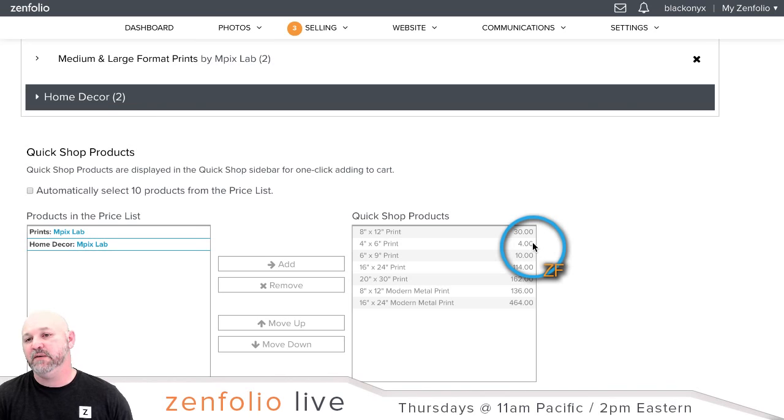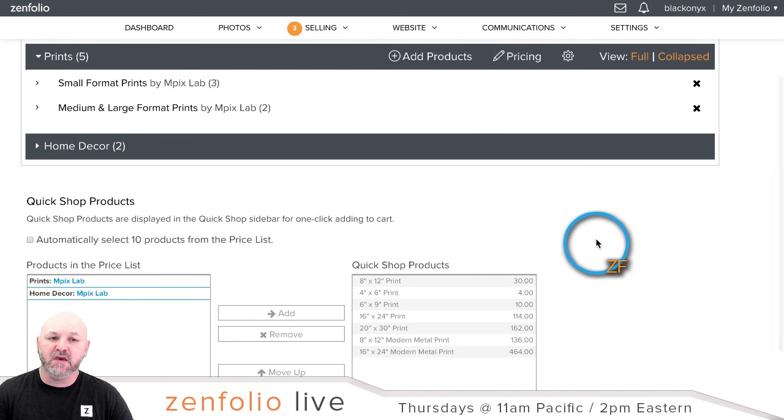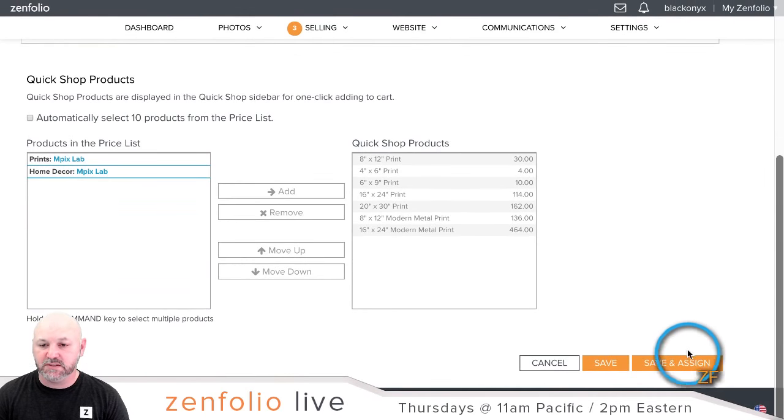So now the next step is going to be to save this price list and assign it to a gallery or a group of galleries or whatever you want to do. So if you know that you're going to be working from one primary price list, let's say that you're a portrait photographer, this is your main portrait price list. You know that most of the galleries that you upload are going to be using this price list, but occasionally you might have a different one assigned. What you can actually do is save this,